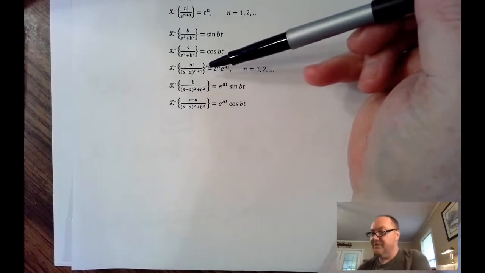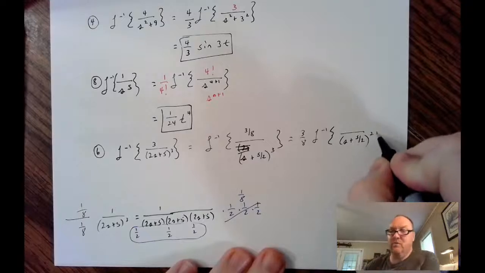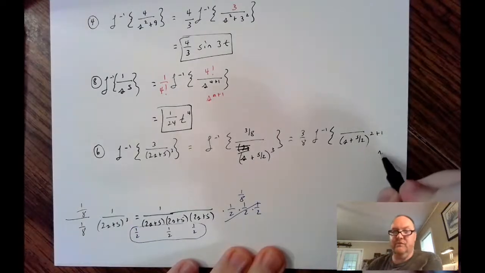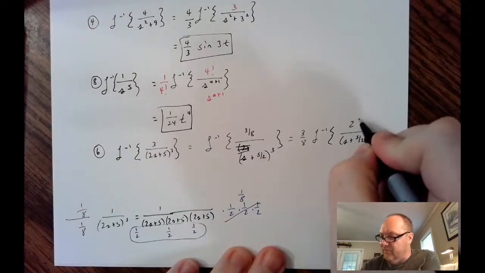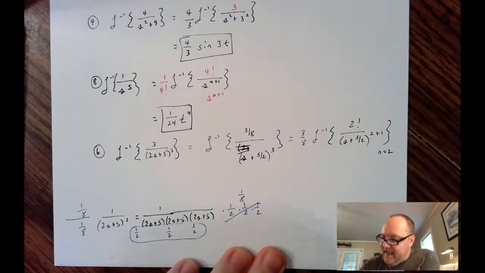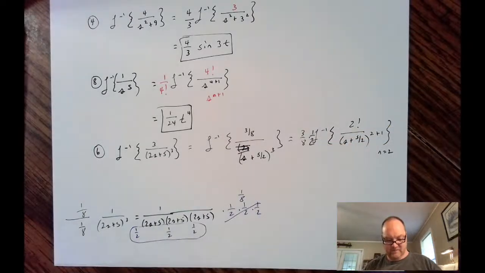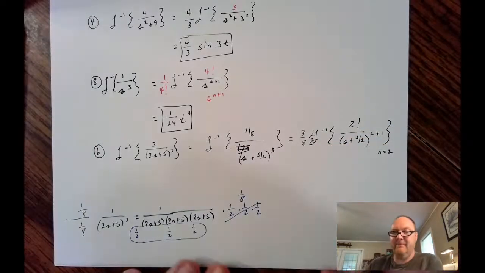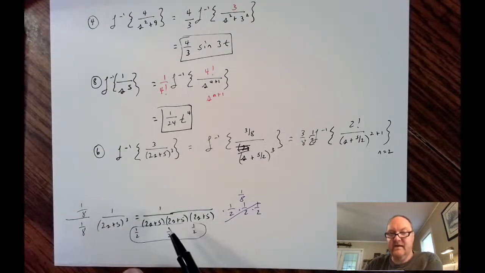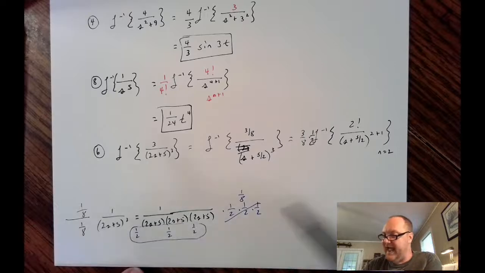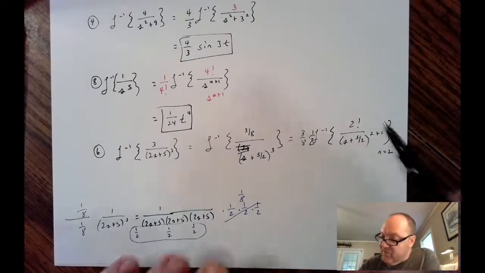So instead of the third power, let me make that be the 2 plus 1 power, where n is 2. So if n is 2, I need a 2 factorial in the top, and I need to take it back out. Right? I can't just go around putting new things in without taking them back out. So this 3/8 came from reorganizing the denominator, and that extra 1/8 in the top. The 1/2 came from taking out this 2 factorial. So finally, what's in braces